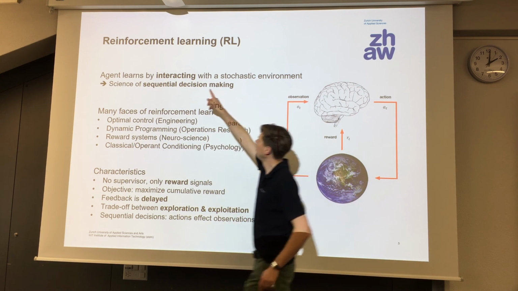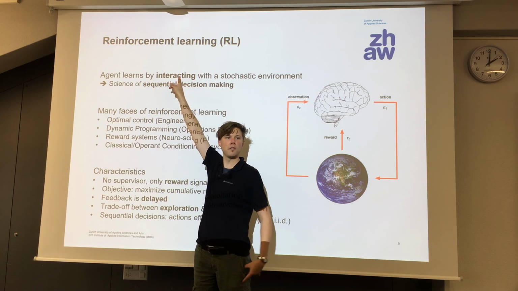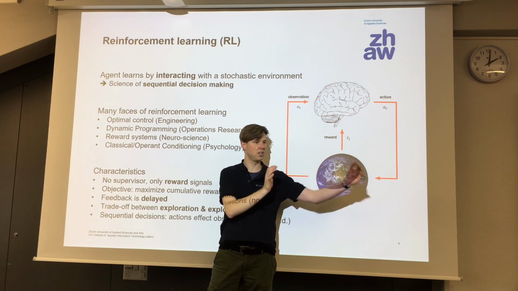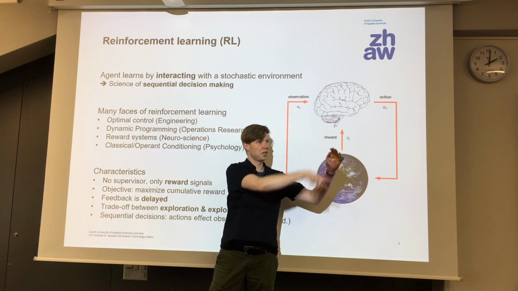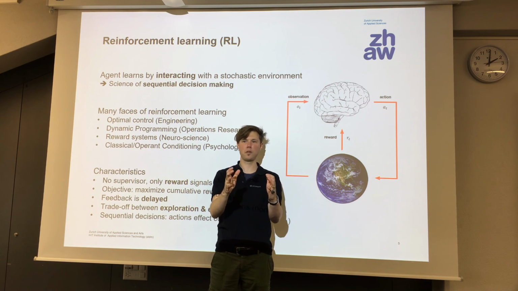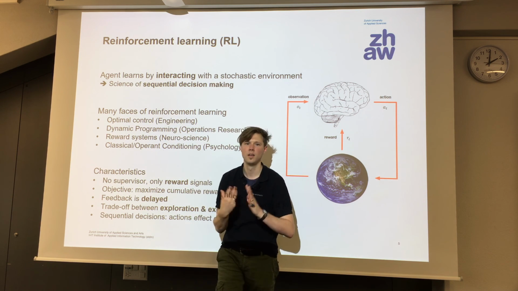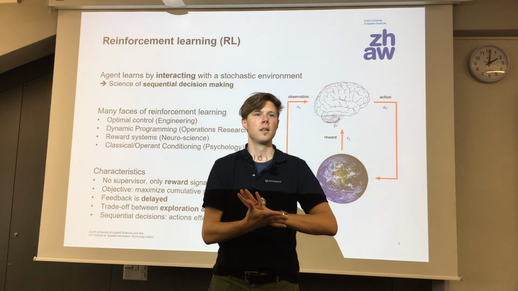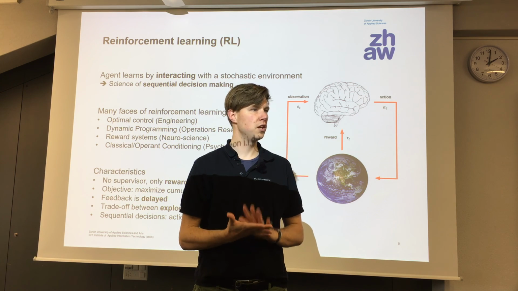So in reinforcement learning, it's all about interaction with an environment rather than having a set data set on which you can learn what's in that data set. You're interacting with an environment and you're learning directly from that. This is the most general of all machine learning settings.